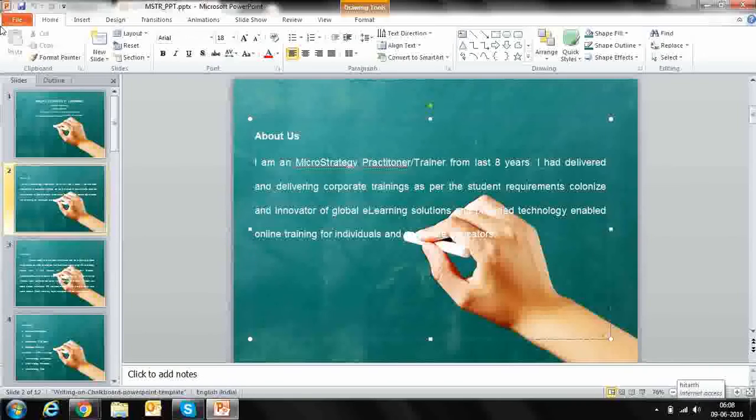So a data warehouse can be defined as a collection of historical data, or a collection of processed data, which is collected from multiple sources and dumped into a single database. That can be called a data warehouse. Did you understand what I'm trying to convey? Yeah, I got it.